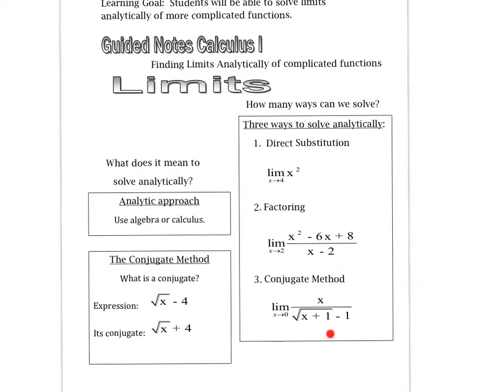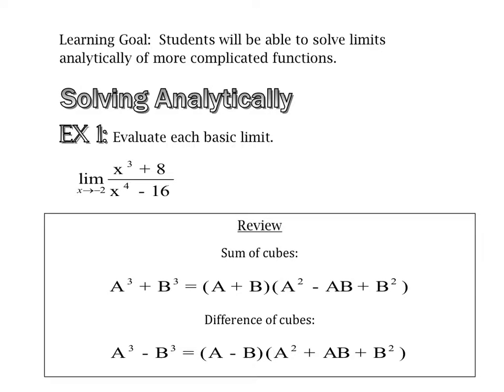Now the conjugate method isn't always easy to see. Usually when you have a square root, especially in the denominator, that's probably going to be a conjugate method, but there's other ones where a conjugate method is involved. So let's take a look at some complicated ones. Alright, this first one